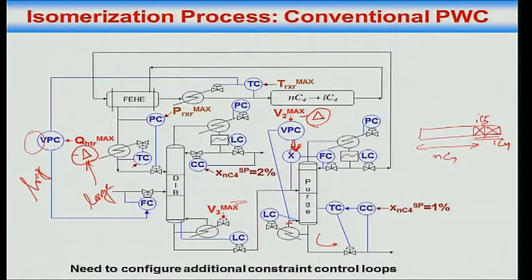As I am jacking up this ratio set point, boil up will approach max, but then I don't want to lose control of what's dropping down. Therefore, what I will say is adjust this ratio set point to keep the boil up close to max, but there will have to be a back off. You cannot keep it at max, right? Same logic, similarly here. Understood? Okay, so the point is you need to configure additional loops.